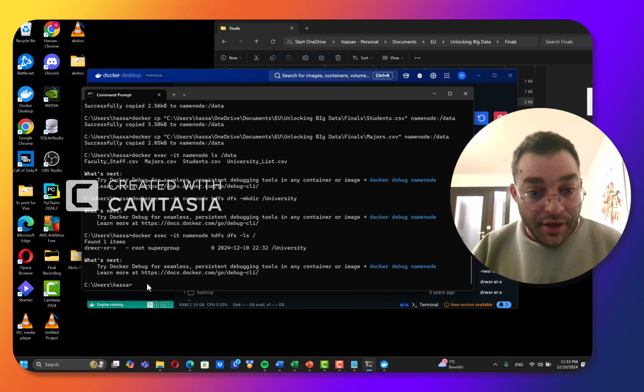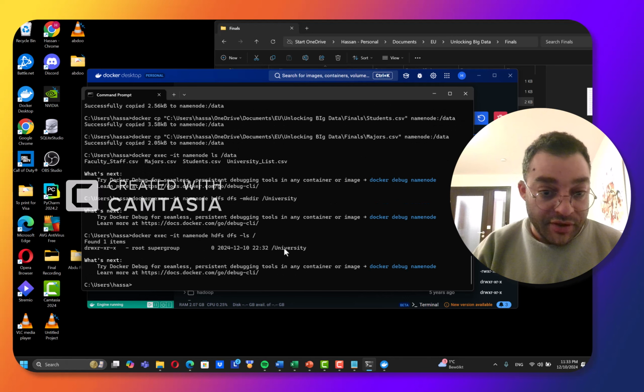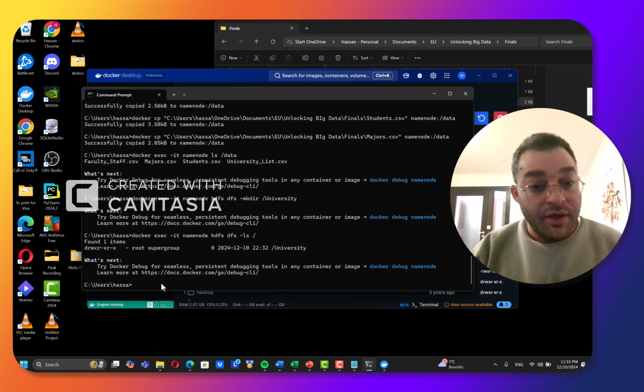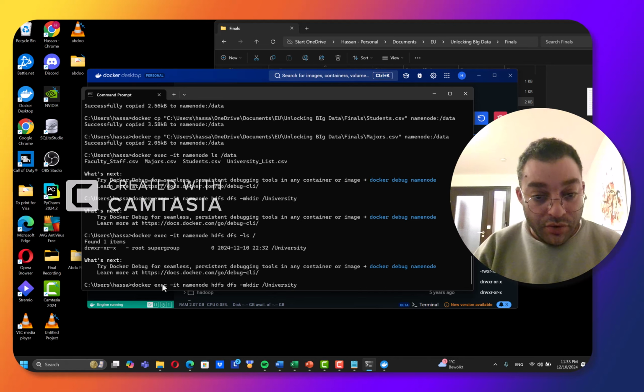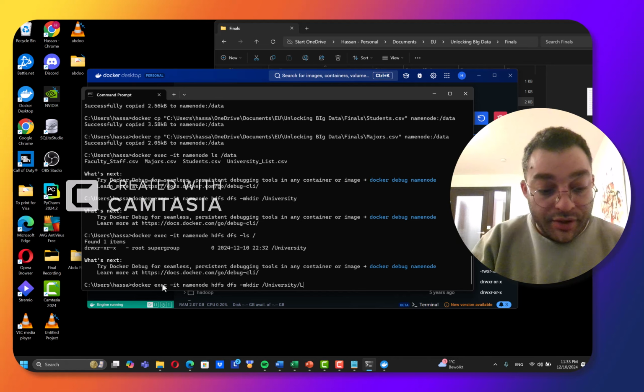And now we can see that we have the university folder, and now we need to create the other 4 folders, and we can do that by just adding, so here we're going to have university